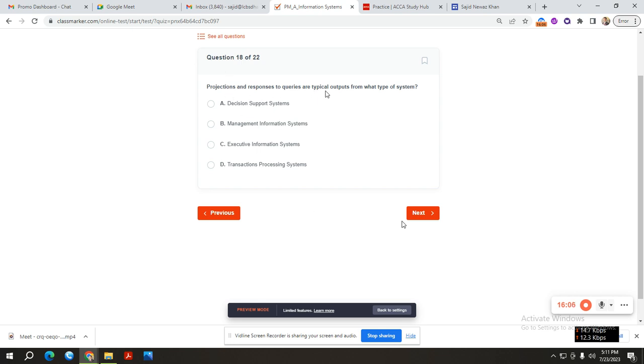Projections and responses to queries are typical outputs from what type of system? এখানে the key word is projections. Projections মানে কি? Looking into the future. Transaction processing system কখনোই future দেখে না। এক্সিকিউটিভ যেটা স্ট্র্যাটেজিক লেভেল, এটা মেইনলি ফোকাস করে বেসড অন দ্য ফিউচার, যে ফিউচারে কি কি হতে পারে। সো দিস ডিলস উইথ প্রজেকশনস। ম্যানেজমেন্ট ইনফরমেশন সিস্টেম এটা ইউজুয়ালি খুব একটা প্রজেকশনস নিয়ে কাজ করে না, এটা মেইনলি ইন্টারনাল সোর্স নিয়ে কাজ করে। ডিসিশন সাপোর্ট সিস্টেম,